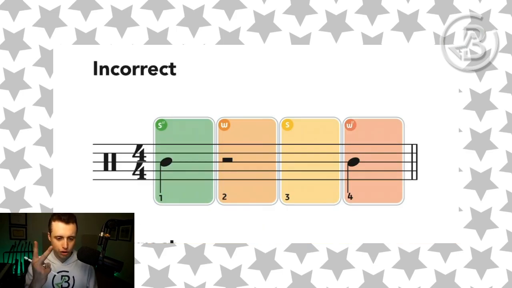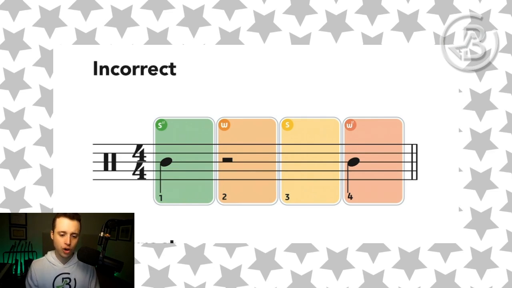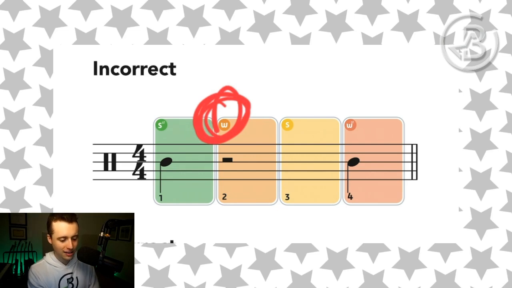Okay, so this is incorrect for 2 reasons. Number 1, it's crossing our imaginary divide between beats 2 and 3, and there's only 3 things that can cross that divide, and that is a whole note, a whole rest, and a half note. So that's no good from that perspective. And then also, rest rule number 2, we cannot start a rest on a weak beat and then have it last into another beat. So anytime you want to have a rest on a weak beat, it's most likely going to be a quarter note because that rest cannot continue on into the next beat. You need to write a second notation, which might be another quarter rest in the case of this,